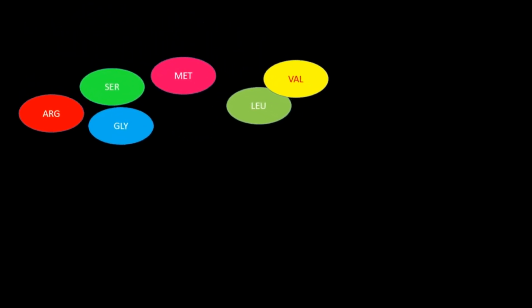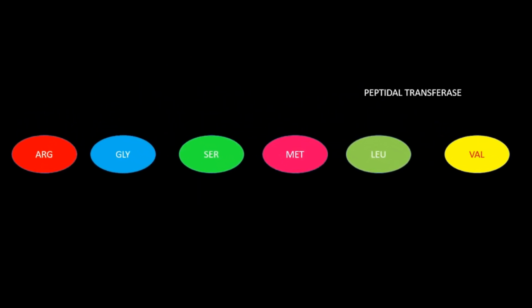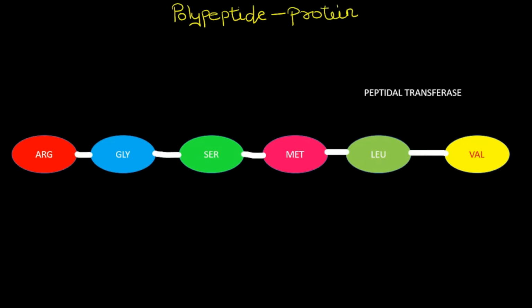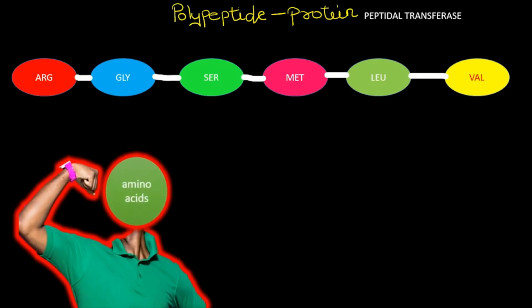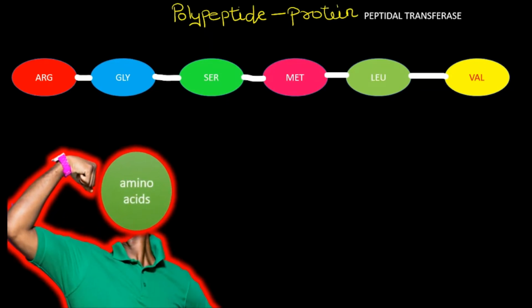We all know that in the cytoplasm, different kinds of amino acids are present and these amino acids are connected together by peptide bonds in the presence of peptidyl transferase enzyme. तो ये जो पॉलीपेप्टाइड चेन बनेंगी इसको ही हम कहते हैं प्रोटीन्स. पर पेप्टाइड बॉन्ड्स के फॉर्मेशन के लिए इन पॉलीपेप्टाइड्स को एनर्जी की ज़रूरत पड़ेगी